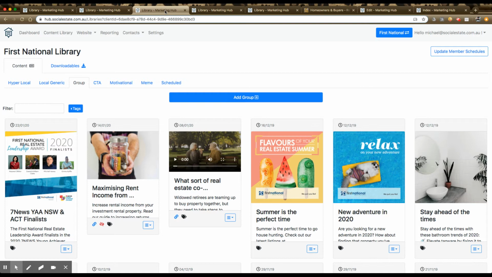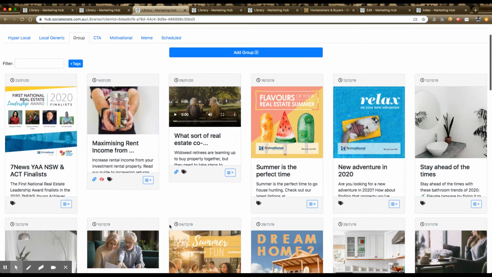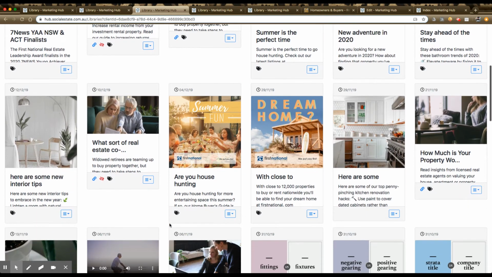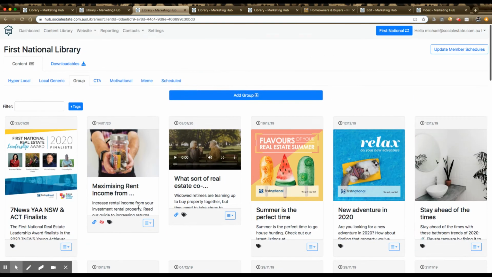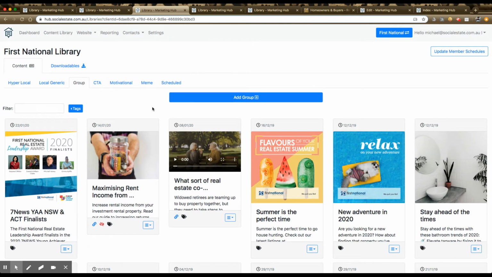And all this information needs to be stored somewhere. It needs to be tagged appropriately so that we can make decisions about how it should be used, what channels it should be used in, what locations it's suitable for, so that the right content can be given to the right officers at the right time. So what the content library allows you to do is